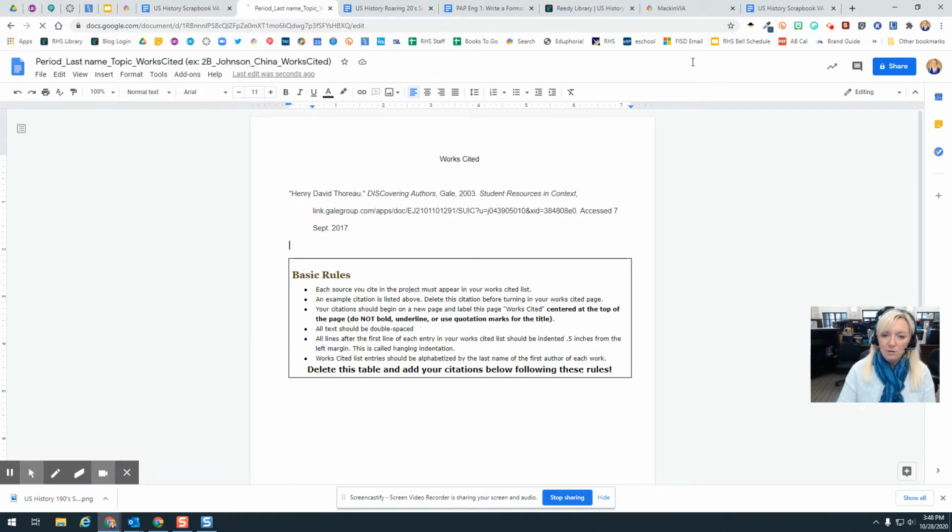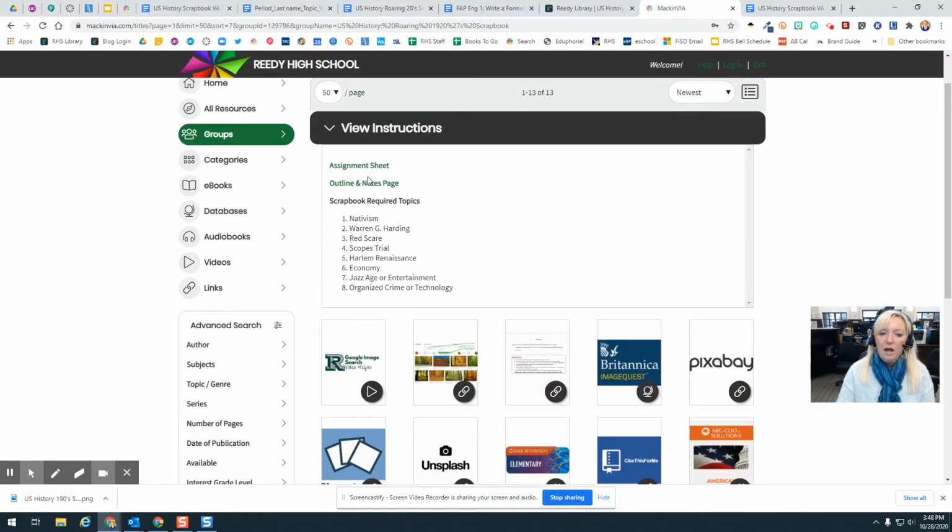Okay, so this is going to be your works cited page. This is where you're going to keep your citations. In your Mac and Via group, you have access to your assignment sheet, your notes page, and then I